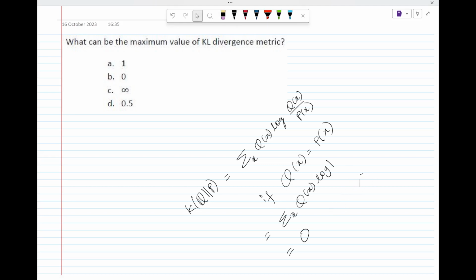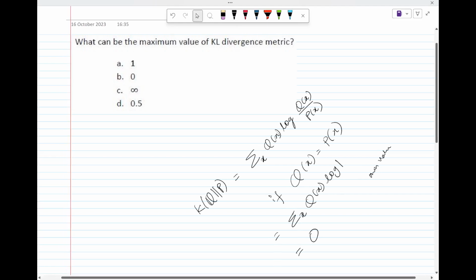Can it go negative? No, I think this is the minimum value. The other thing is the maximum value can be if